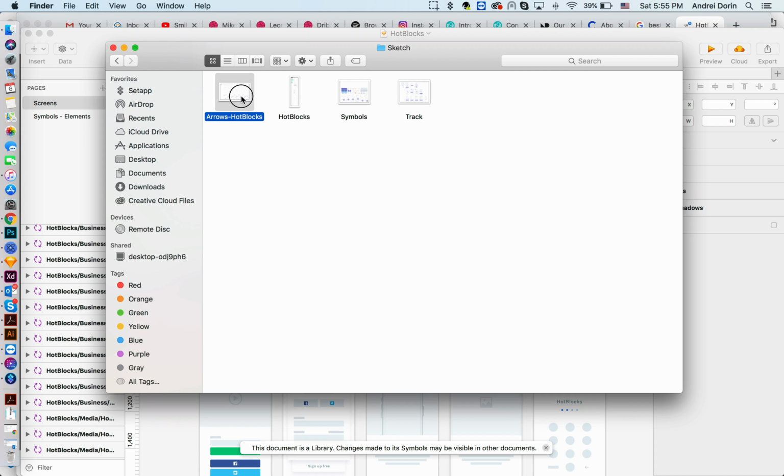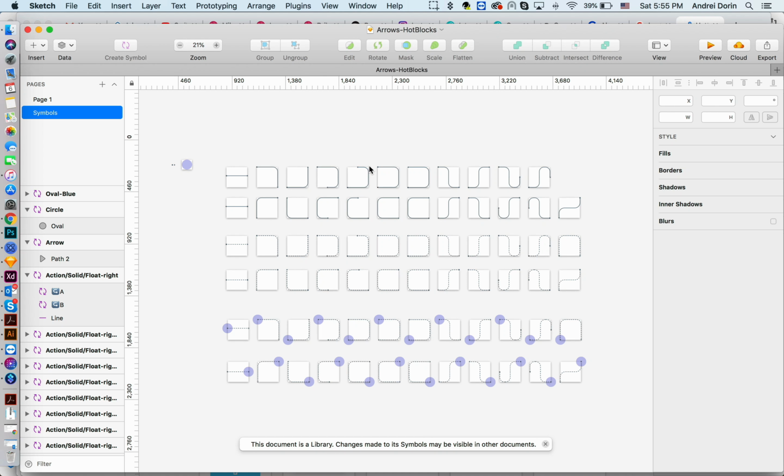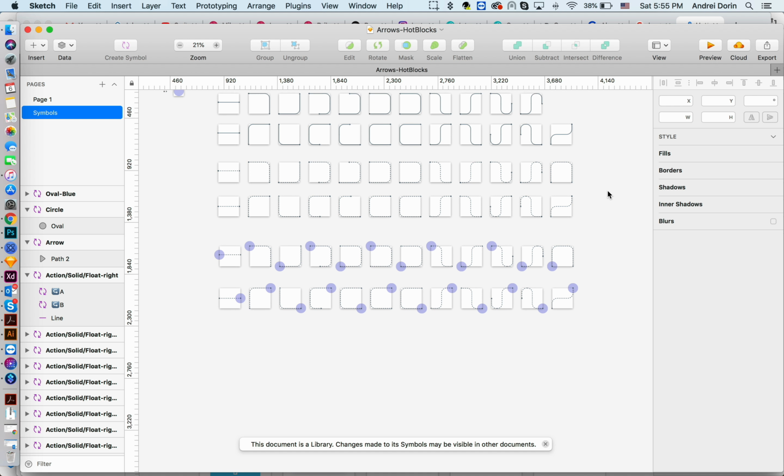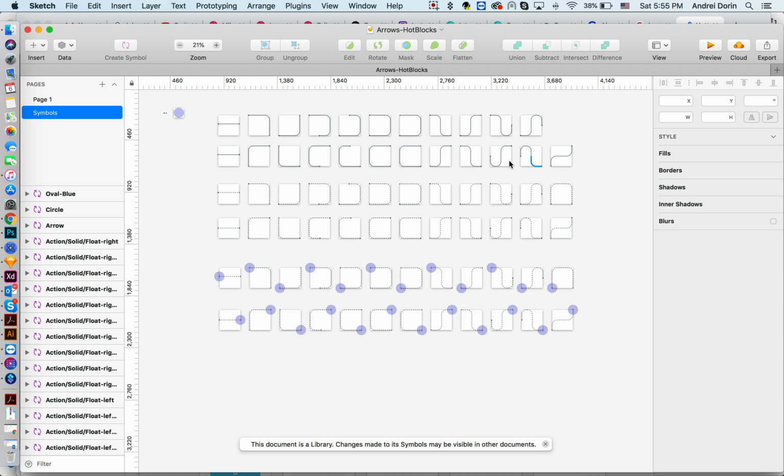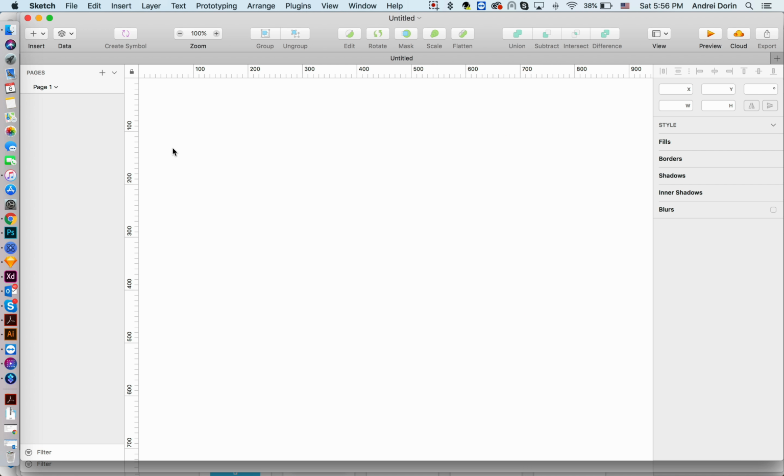So here you have the arrows, which contain the connectors through which you can build effective UX prototyping to make connections between artboards, so you can present a product in front of your audience and or your team with ease, no more pain. So let's open up a new document and I'm going to show you how to use and